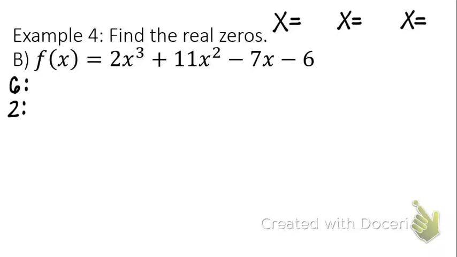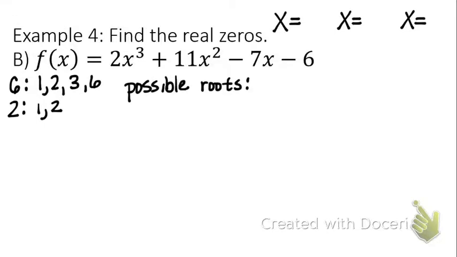So the factors of 6 are 1, 2, 3, and 6. And the factors of 2 are 1 and 2. So you always want to write your possibilities. So let's go ahead and write our possibilities, and then we'll actually find what the actual 3 are. So your possible roots,